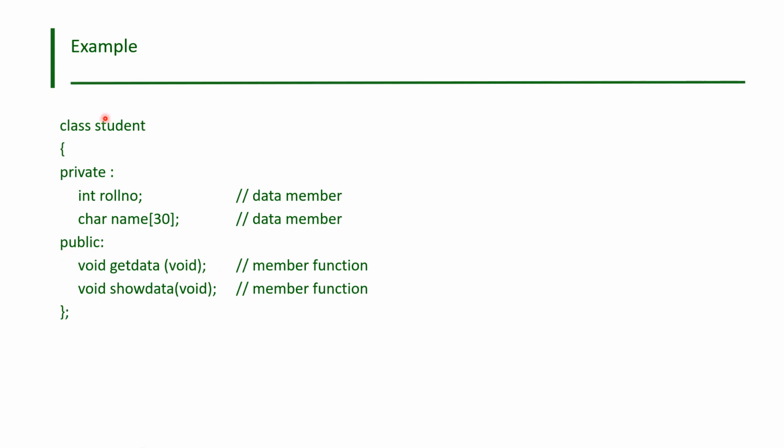So the class name is student, then private, followed by a colon, then int roll number and char name. Then public, again with a colon: void is the return type, get data is a member function name taking void as the argument; then again a void return type, show data is a member function name, and void is the argument. And how will we come to know that the class has terminated? With the help of the closing curly bracket we will know that the class has terminated. Okay, thank you.